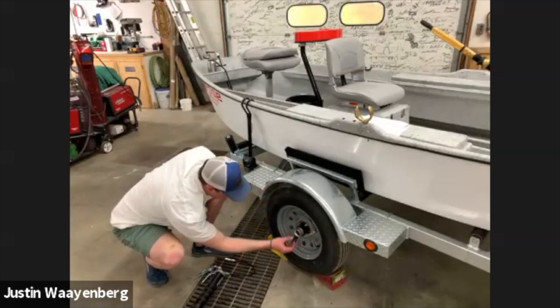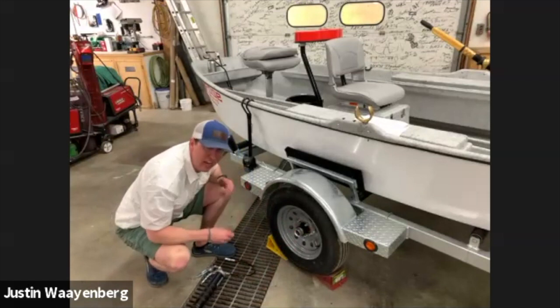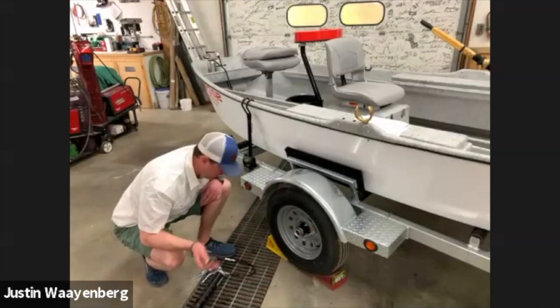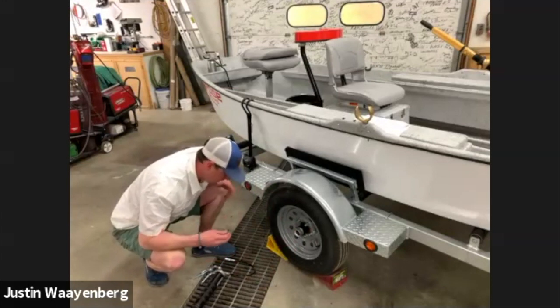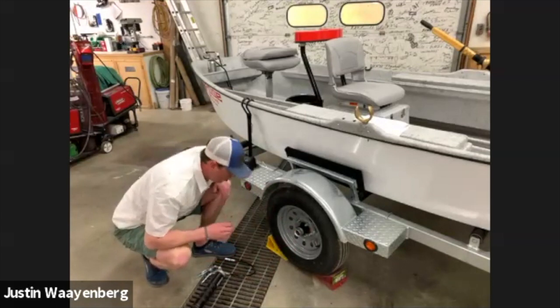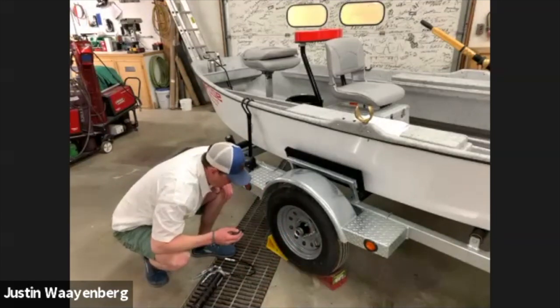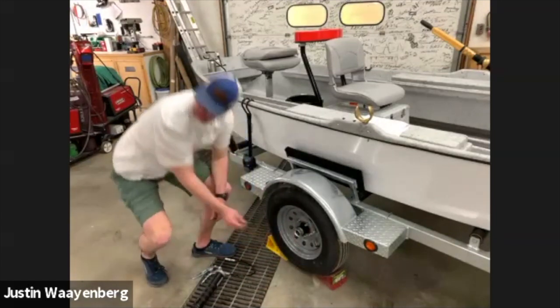If you pump too much grease in here, you can blow out that back seal, and that again becomes really costly because now you've got to take the whole hub off and repack it and so on and so forth. So just a little bit. As soon as you see that budge, you're good to go. Then take that cap,